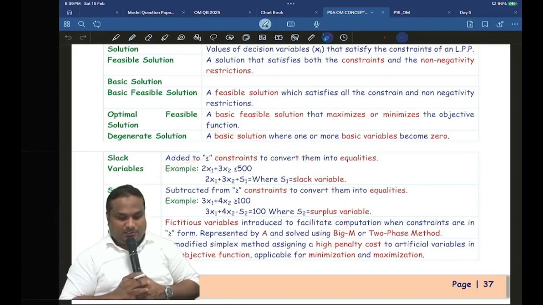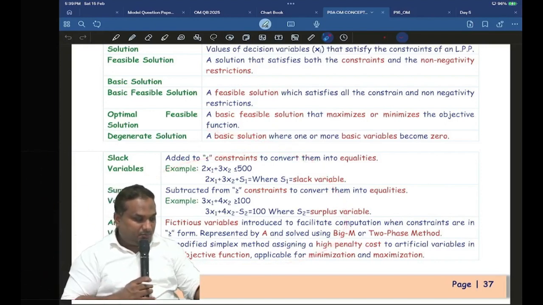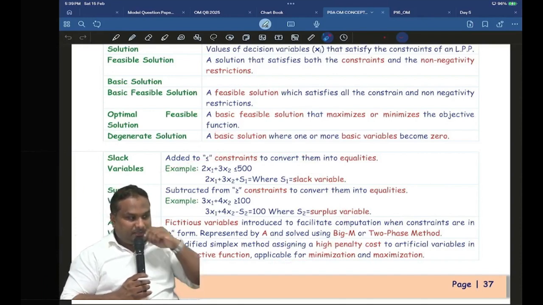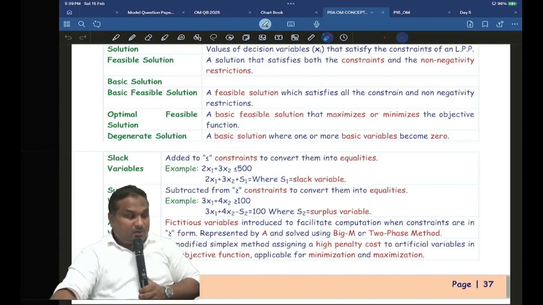This is the first question. Now, my dear friends, you people have already finished the first question. Now I am going to